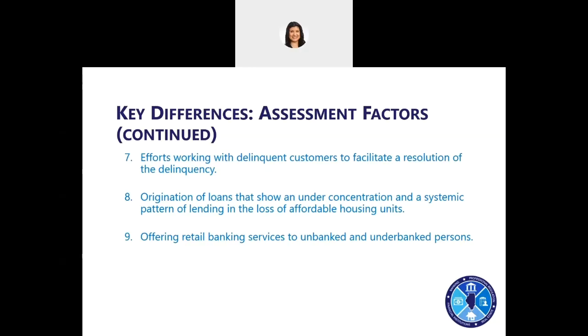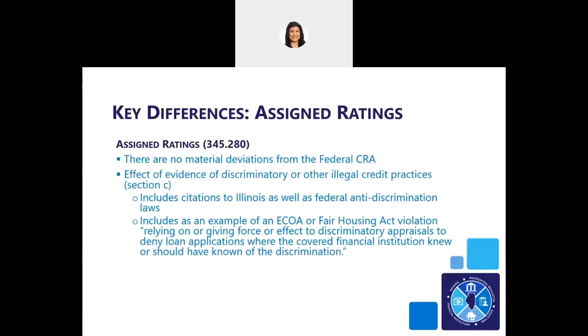Some of these, if not most of them, are included in the Federal CRA Fair Lending exam. We have incorporated this into our assessment factors for the Illinois CRA ratings. There are no material deviations from the Federal CRA. However, Section C, effective evidence of discriminatory or other illegal credit practices, includes citations to Illinois as well as federal